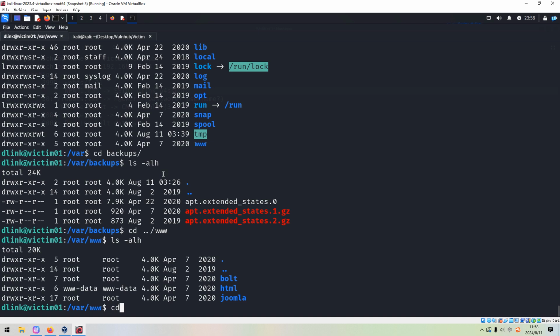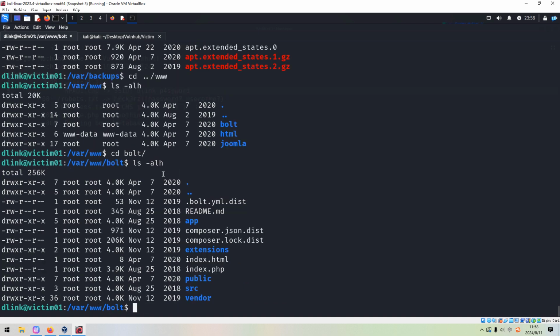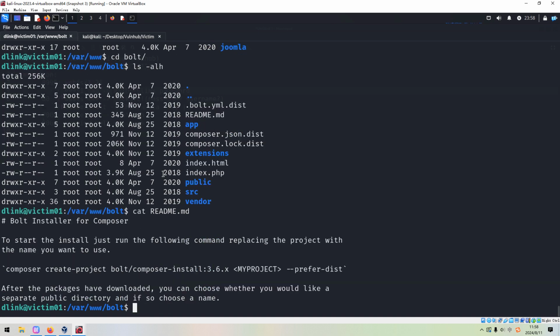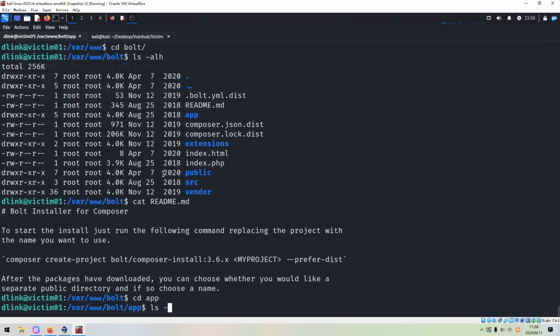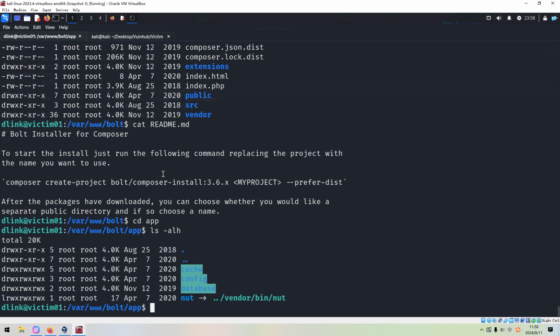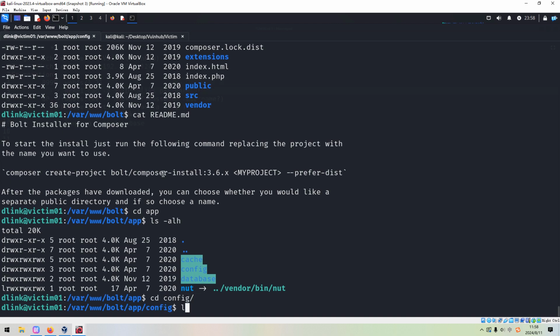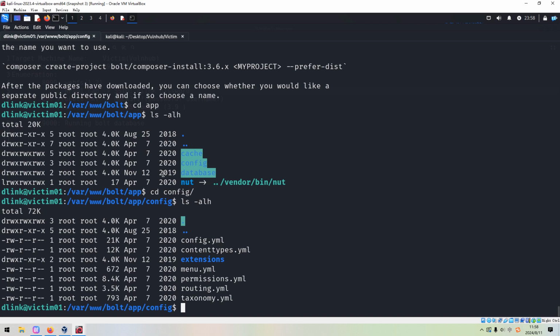The three sites, one is boat, and so readme, go to the app, go to config. I think this web application is running by root user rather than www-data.